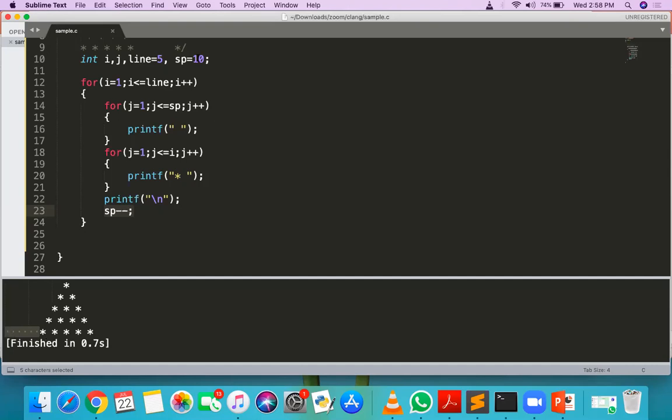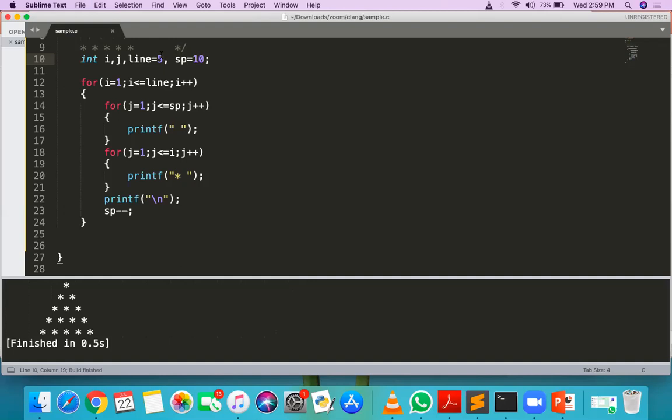Getting? If I want to move it again towards the right hand side, just give more spaces. Now here first time how many spaces? 50 spaces, then 49 spaces, then 48 spaces, like that. So you can move this pattern to the right hand side or left hand side also by changing these spaces. Getting? Yes, understood.